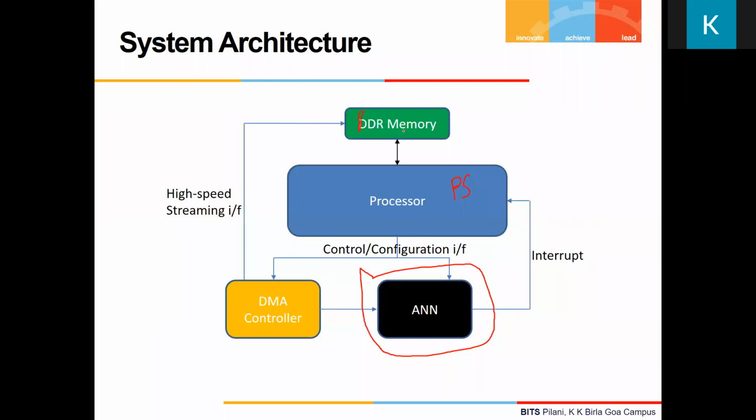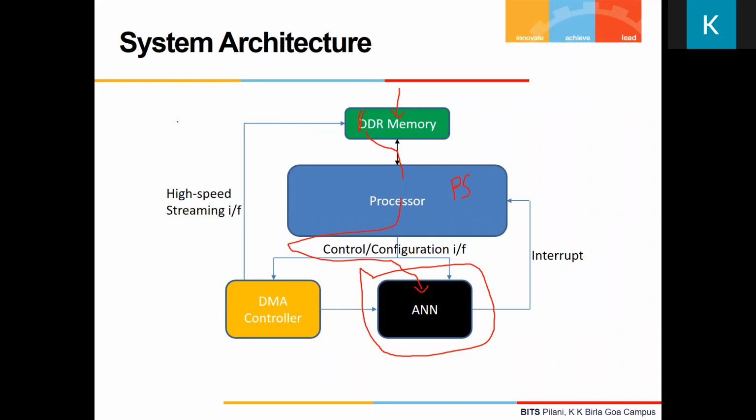Okay. And what the processor does, he will be reading those weights and biases, and he will be writing them to the neural net initially when the system starts up. If it is already done at the time of hardware design, yeah, that part can be skipped. Then we need the actual data for testing it. That data will be in the DDR. That's the assumption. Again, depending upon the application, that may vary.